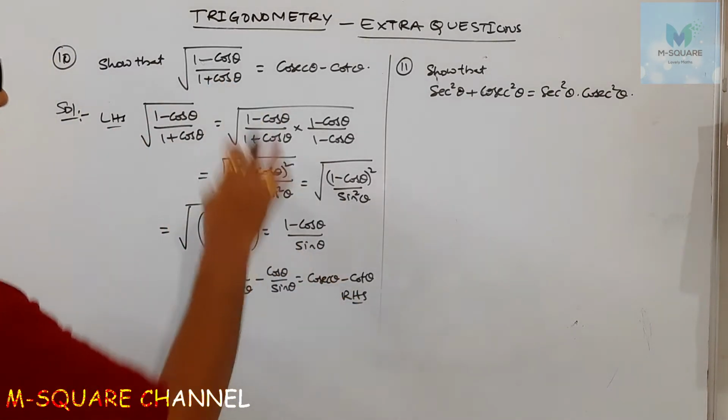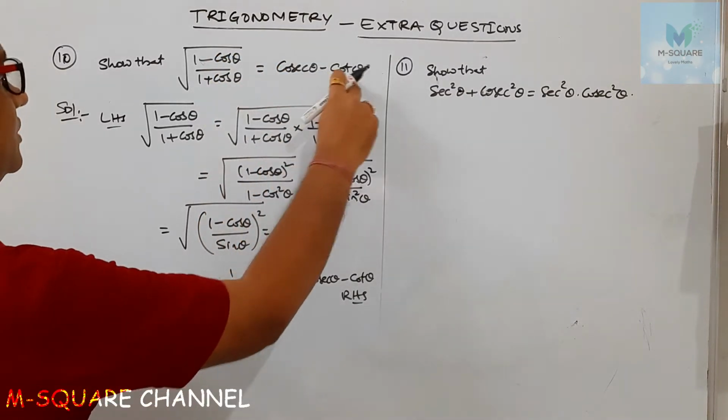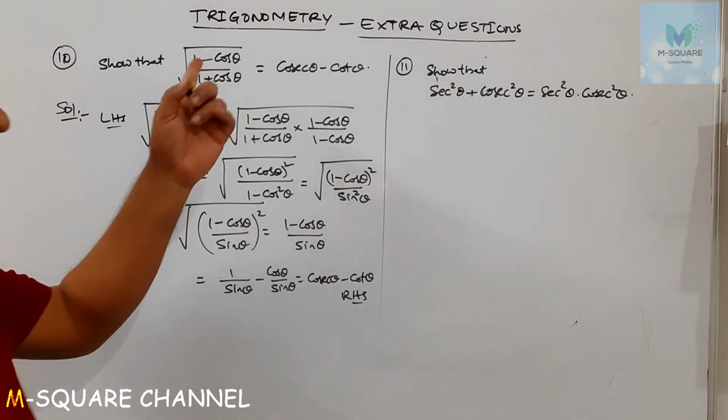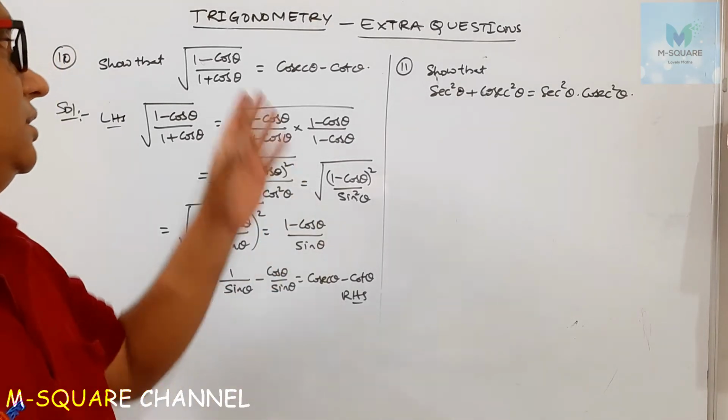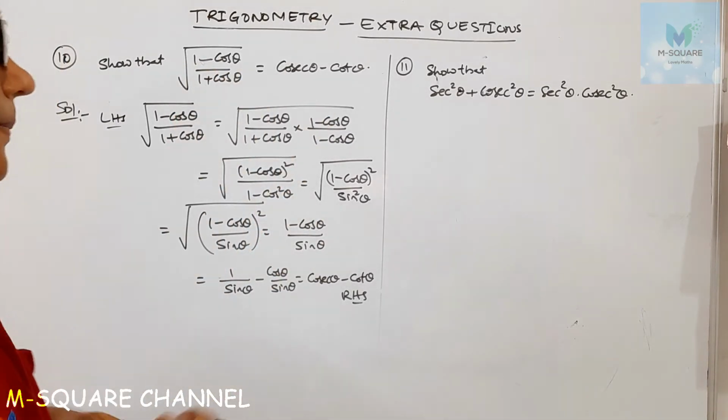Just analyze this formula. Cos theta is given, convert it into cosecant theta. Suppose sine is also given. In exercise 8.4 we did it like this. Okay, the next question is,